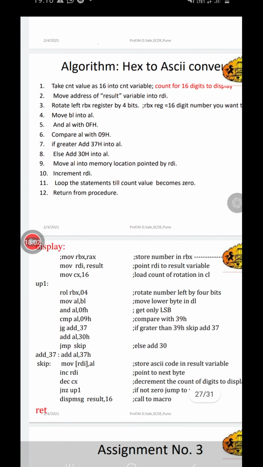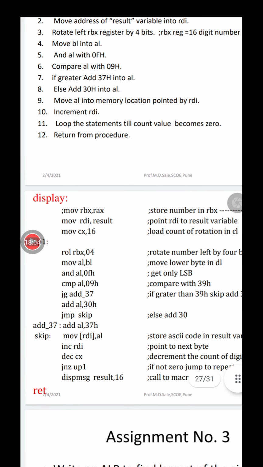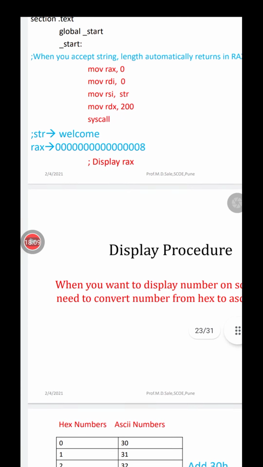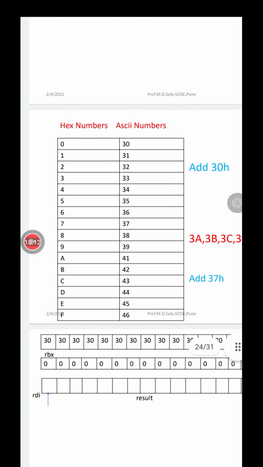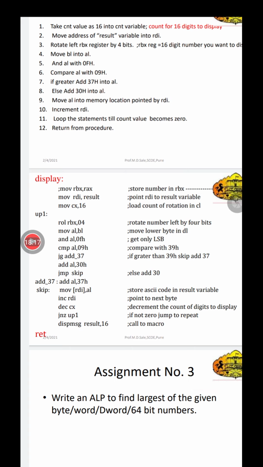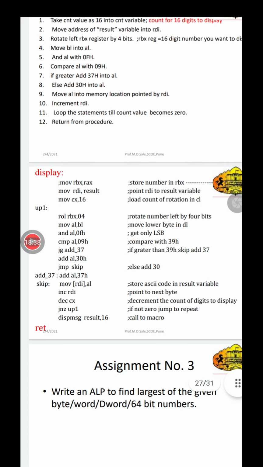Right, so I hope everybody is understanding this part. So now see, directly we see the code over here. Your string length is available in RAX register after writing this read system call. So this RAX register, move RBX comma RAX. So I have loaded the RAX contents into RBX. Whenever it is a move instruction, whatever we mention as the first operand is the destination operand. So RBX is the destination and the other is the source operand. So RAX is the source operand.